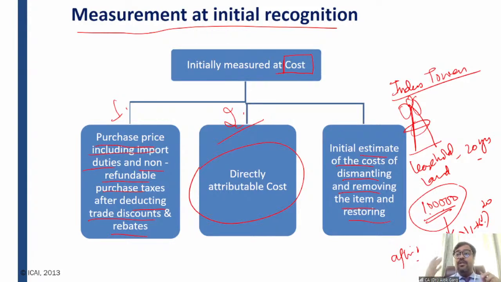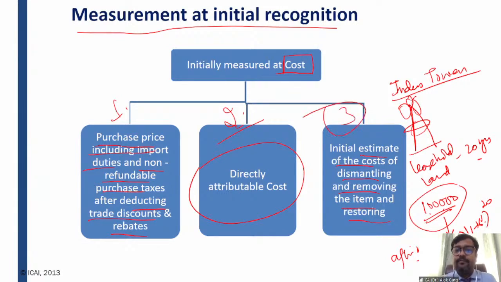So then I discount the future estimated cost to the present value today. If after 20 years this cost will be 15 lakh rupees, then what is the current cost? When I say current cost, it is not 1 lakh rupees. It is a discounted cost. First, I have arrived at a future cost. Then I have discounted this future cost to the current cost, right? With the help of the present value concept. And that present value will be added back to the cost of the asset, right?